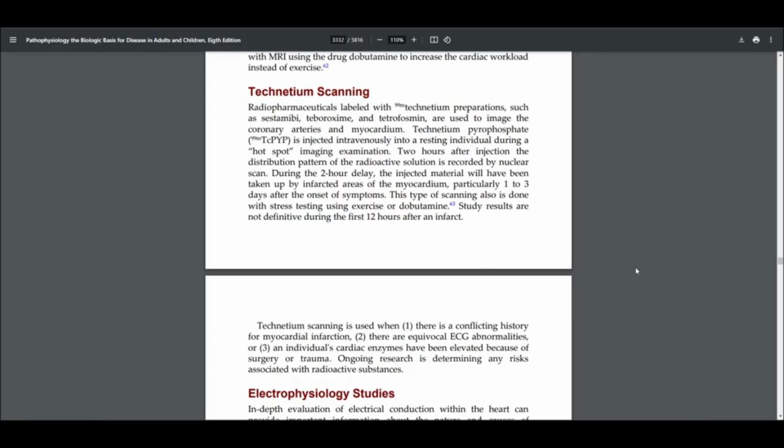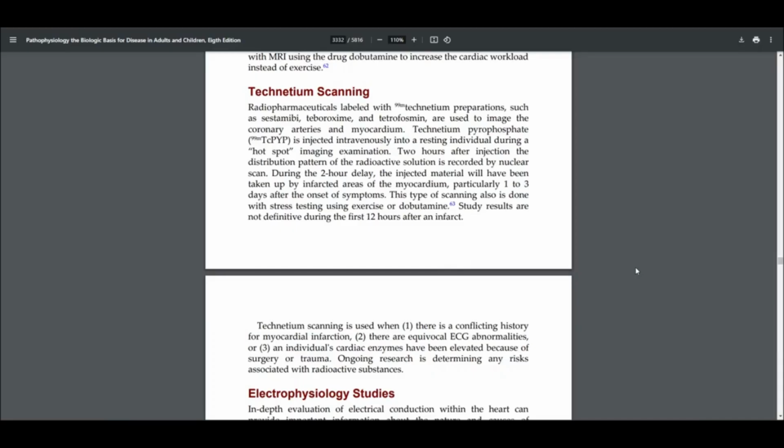The technetium pyrophosphate is injected IV into the resting individual during a hotspot imaging examination. Two hours after injection, the distribution pattern of the radioactive solution is recorded by a nuclear scan. During the 2-hour delay, the injected material will have been taken up by the infarcted areas of the myocardium,